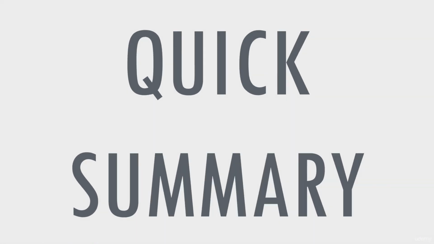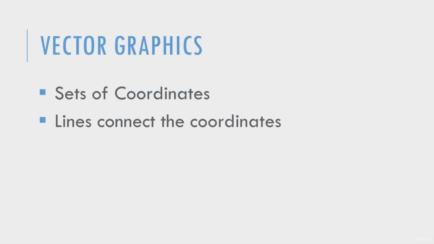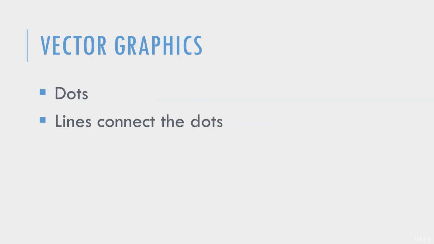Quick summary. In vector graphics, you have sets of coordinates and lines connecting them. Or in plain language, you have dots and lines connecting the dots. Let's think about this. Every time you open a vector graphic on your computer, it basically draws it using that connect the dot methodology. If the computer is drawing that graphic every time it's opened, then that must mean you could ask the application to upscale that graphic 500%, 1000%, and the computer would just redraw it at that higher